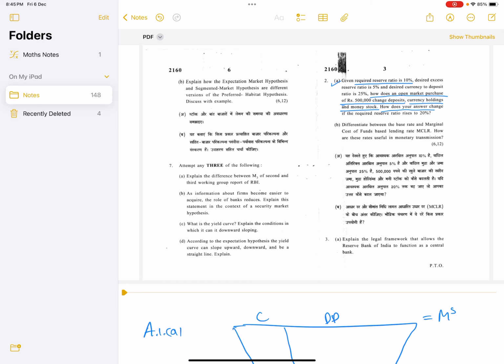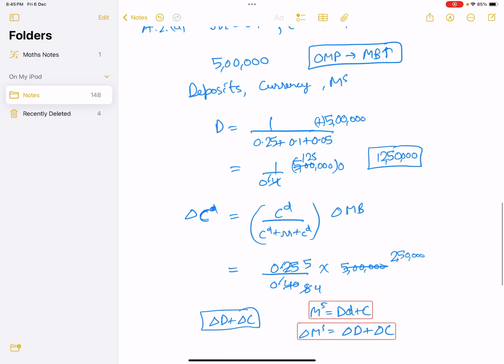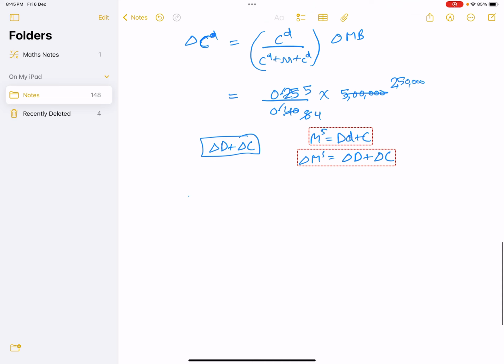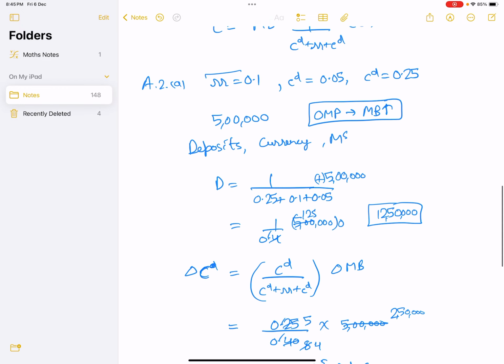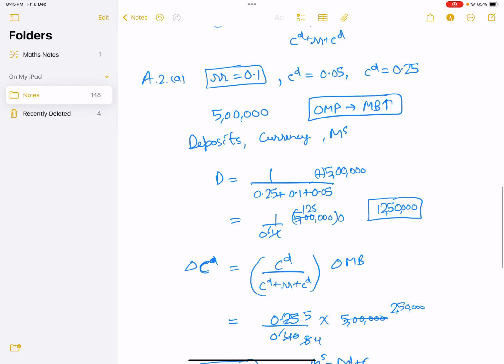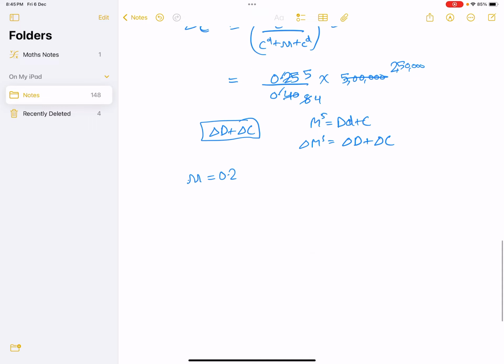Now, how does your answer change if the required reserve ratio rises to 20%? Since the required reserve ratio has increased, it is now 0.2. In the initial case, it was 0.1. So the value of the multiplier would fall. The value of the complete multiplier would become